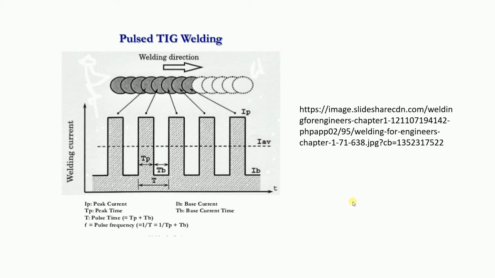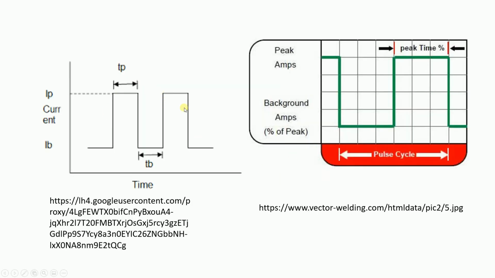If you want to find the formula, just try to put in values. If you are increasing the frequency, what will happen? If you are decreasing the frequency, what will happen? Whether these gaps are going to modify or not. These pulsing effects can also be related with the EEE department. Most of the researchers are changing this pulse profile. Here it looks rectangular. Some people are trying to make it square, some people are making it a triangle shape. Who knows, in future you can also make some profile to get nice bead profiles.